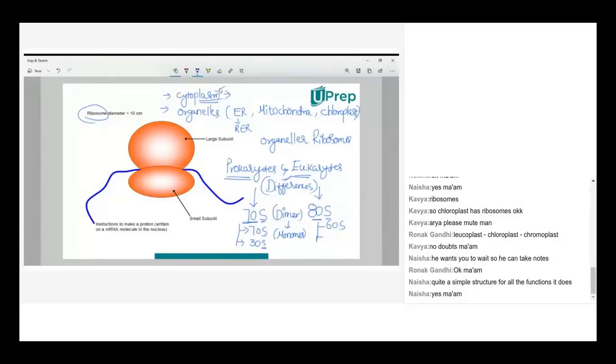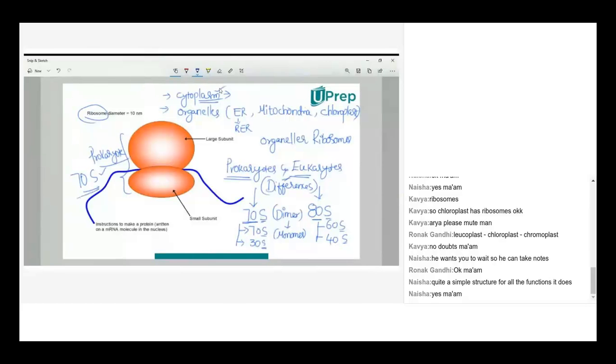Assume that this is a prokaryote cell, maybe blue-green algae or bacteria, for example, bacteria. This whole unit is what we call the 70S ribosome. A picture can be given saying that this is the prokaryotic ribosome, and asking you to determine the molecular weight. They may give options like 70S, 50S, 60S, 80S. If a question is asked that way, you may get the idea from this point. That's why I'm giving it in detail.